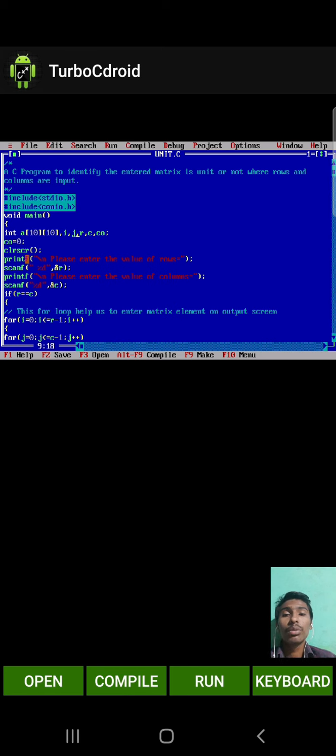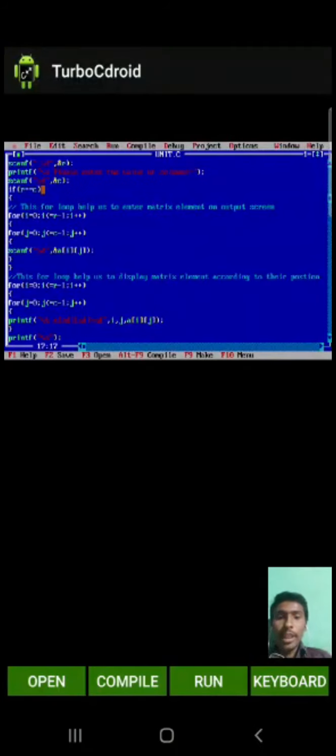The clrscr function helps us to clear the previous output screen. The printf function helps us to display a proper message on the output screen. The scanf function helps us to take values through the keyboard. If this condition is true, then the body of the if statement will be executed, and then the control of the computer goes towards